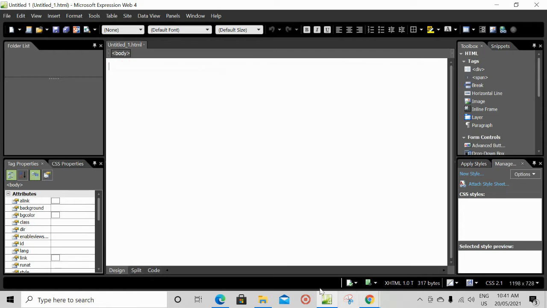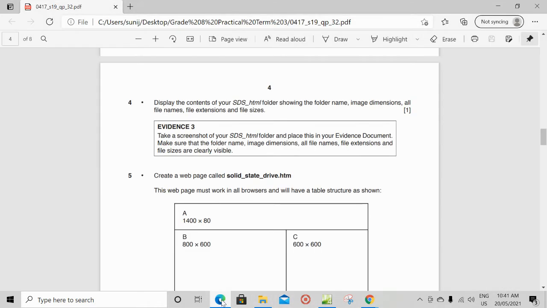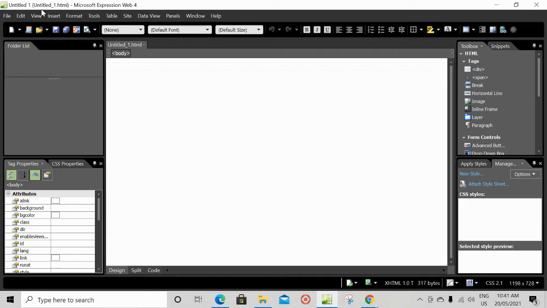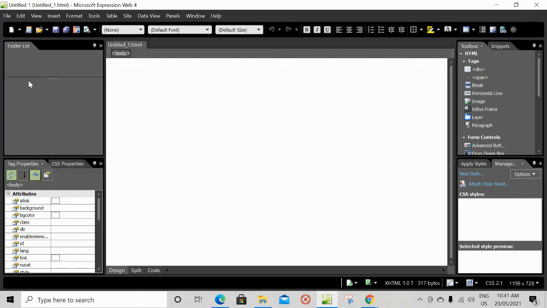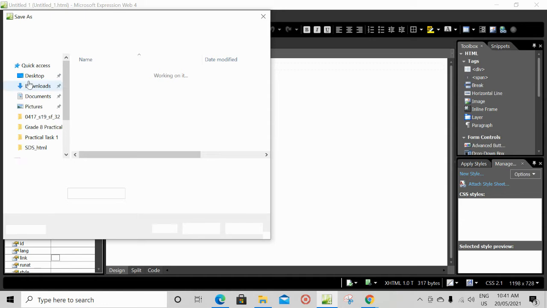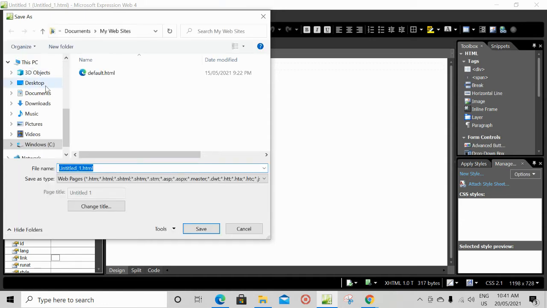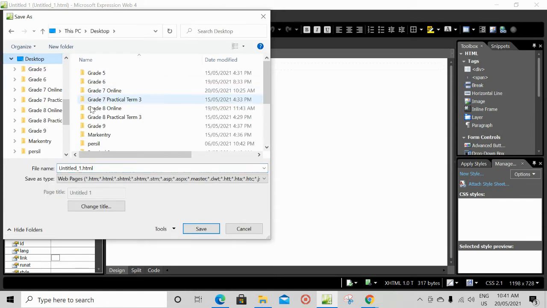So our first step is to create a web page called solid state drive.htm. The file names given are to be used while you are naming your files. So go to file, save as, and make sure you save the HTML file in your folder sds underscore html.